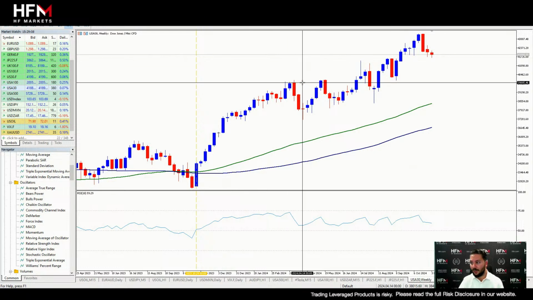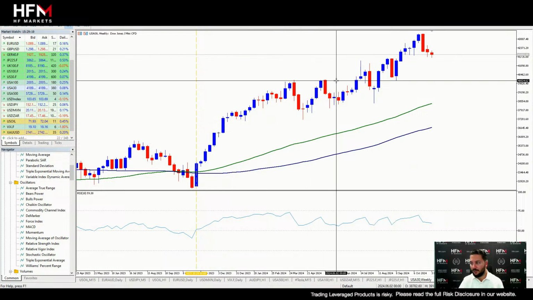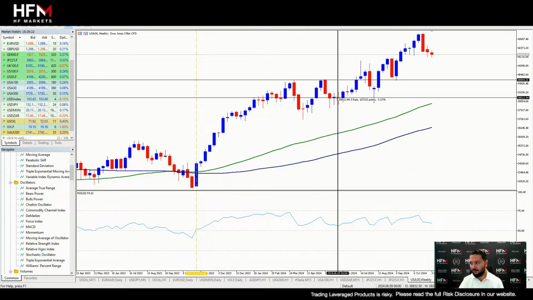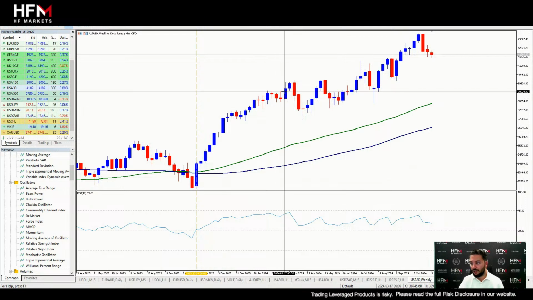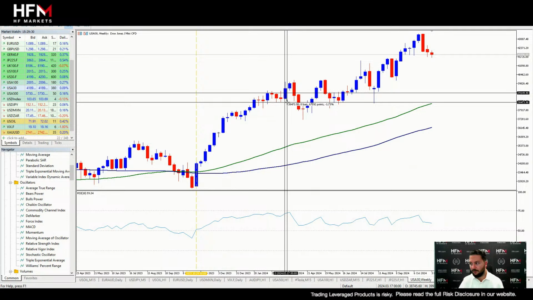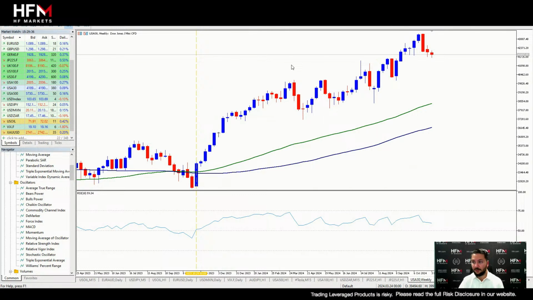And if we're going to measure the price movement, ladies and gentlemen, for example from here all the way down to here, then that's 6.60%. If we're going to measure the decline from here to here, that's 5%. If we're going to measure the decline between here and here, that's 1.70%. So that's 13%, ladies and gentlemen. So that is just under 4% on average downward price movement that we see over this period of 3 weeks before the price starts moving upwards.